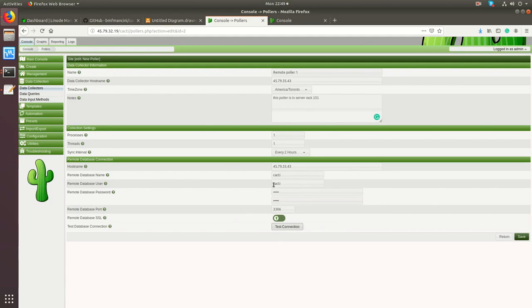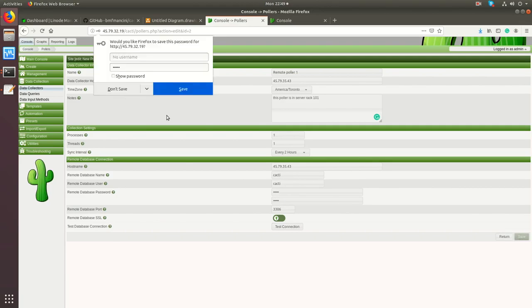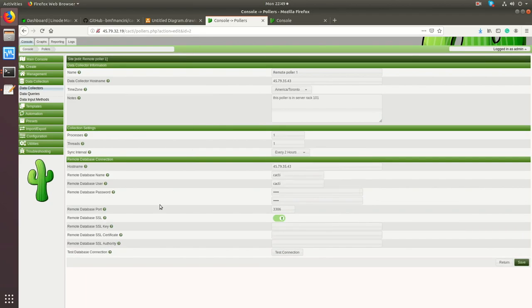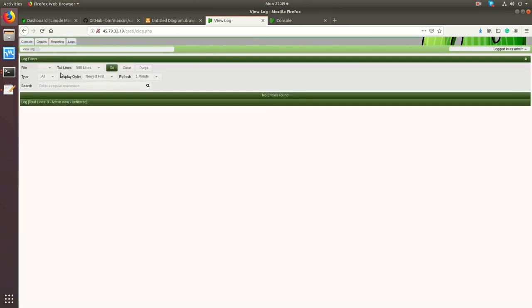So as you can see, the connection from the main polar to the remote polar is successful, connecting to a database, which is really important that you make sure that that happens. Hit save, and now